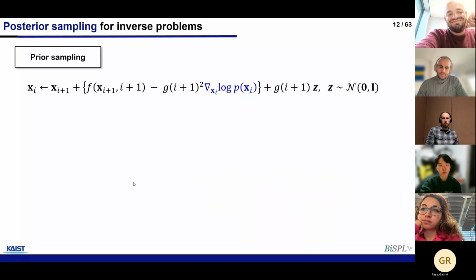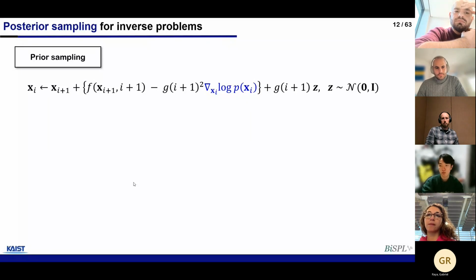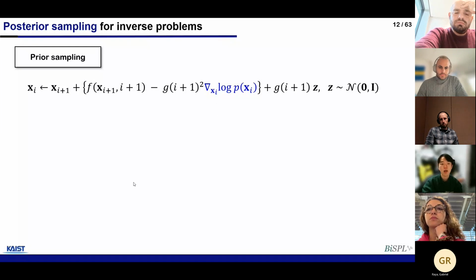So let's consider the case where we modeled the data distribution with the diffusion model. From the score or the SDE perspective, recall that the generative process is defined by this general form of reverse SDE. So in order to do unconditional sampling from the prior distribution, we can use the following discretization steps of the reverse SDE. For simplicity, I denoted Euler-Maruyama discretization here, but other forms of sampling can, of course, be